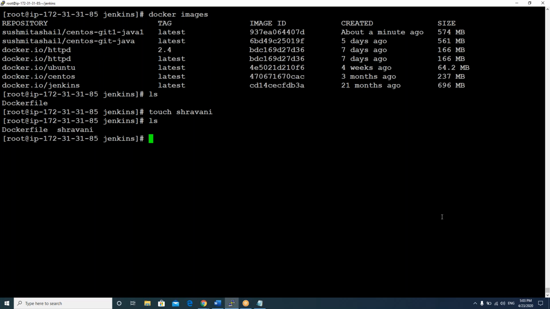You want to copy this Shravani file to your image also. How can I do that? Again, there is a parameter for that. Open the Docker file.